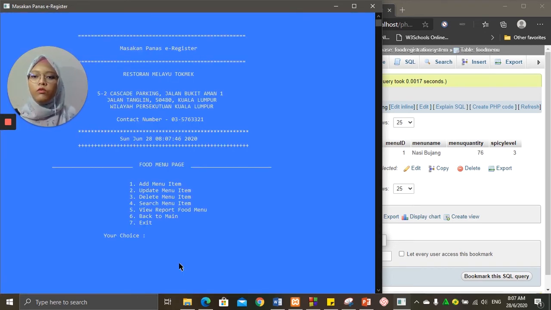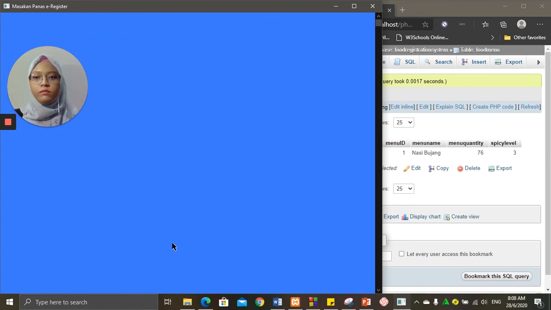Okay. Firstly, I will show you the view report of food menu, because if we go through delete menu item and delete the food menu, then there's nothing to show under view report food menu. So we will choose number 5 to view report.